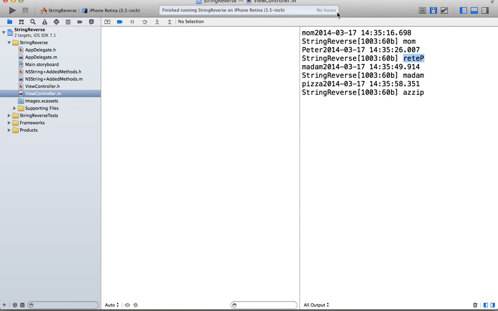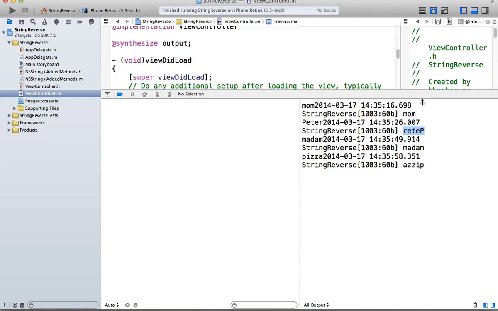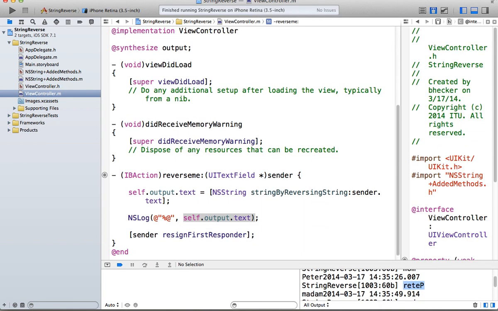Anyway, I'm going to end this recording because this is the end of this particular tutorial. So hopefully you have a working string reversal. So let's start with a new